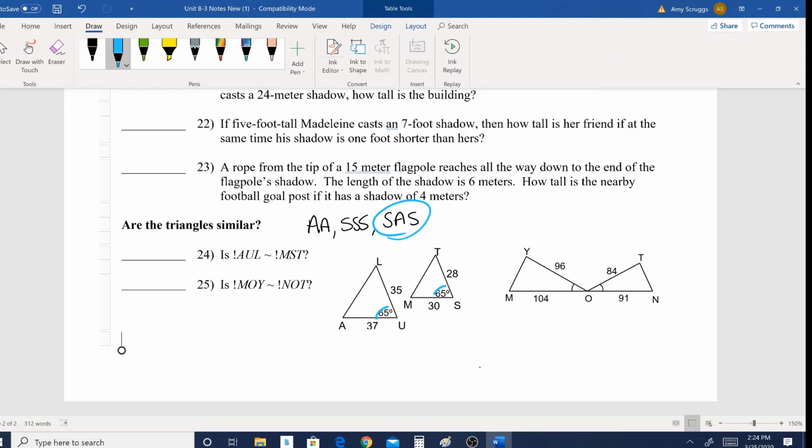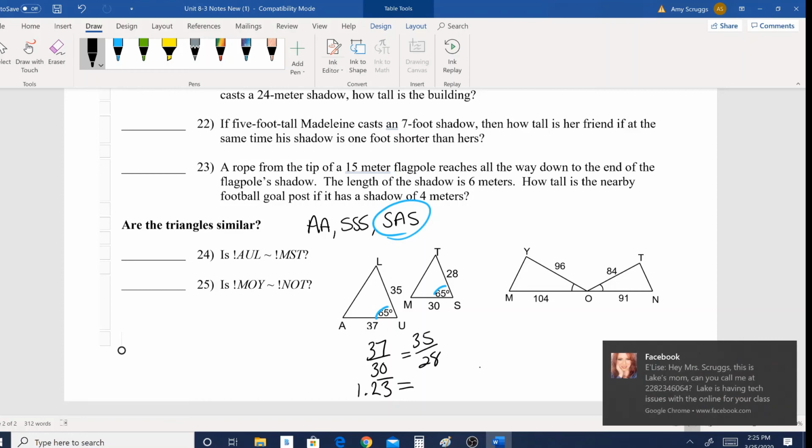The angles are congruent, so now we need to see if the corresponding sides are proportional. So let's see if 37 over 30 is proportional, if that has the same ratio as 30 over 28. Now, we did this in section 8-1. I told you probably the easiest way to do it was to turn them into a decimal. So if I turn this into a decimal, it's 1.23 repeating. The other side,